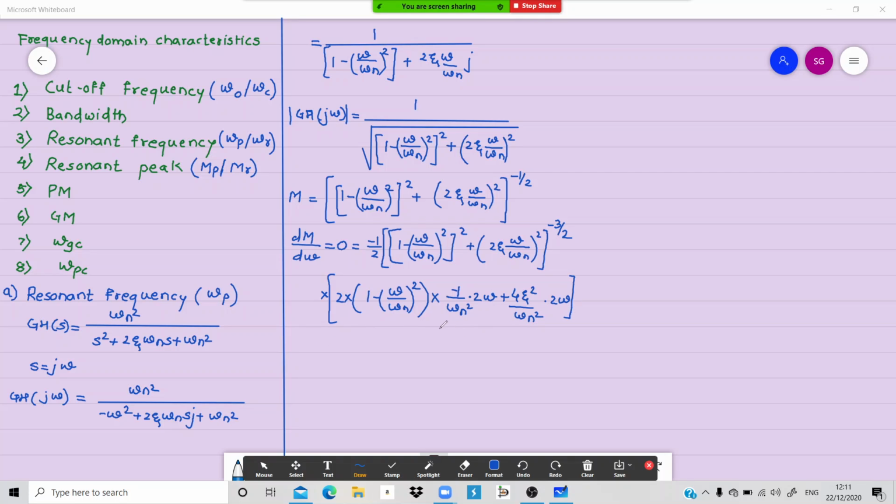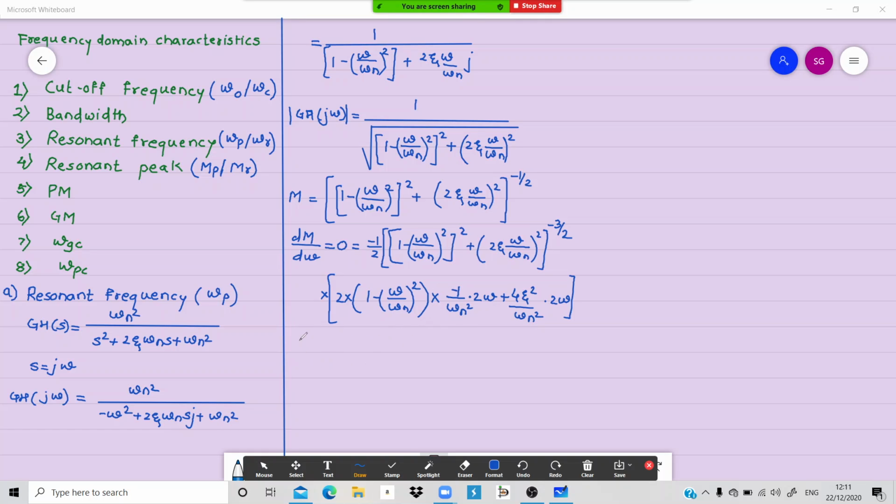Okay, now out of this, you just observe this thing. This is in the denominator. Minus 3 by 2 means in the denominator 3 by 2, right? This whole thing into this term. So definitely this whole thing will go on this side, multiplied by 0, so it is going to be 0. So it will be 0 is equal to this whole thing, and I can see a minus sign over here, so I'll shift it to the other side of the 0 term.